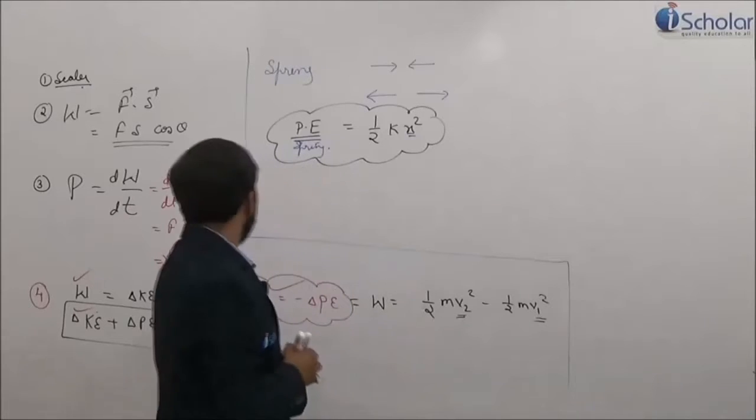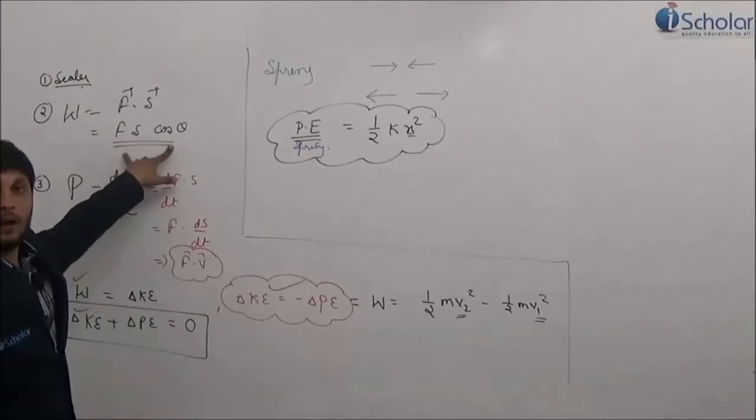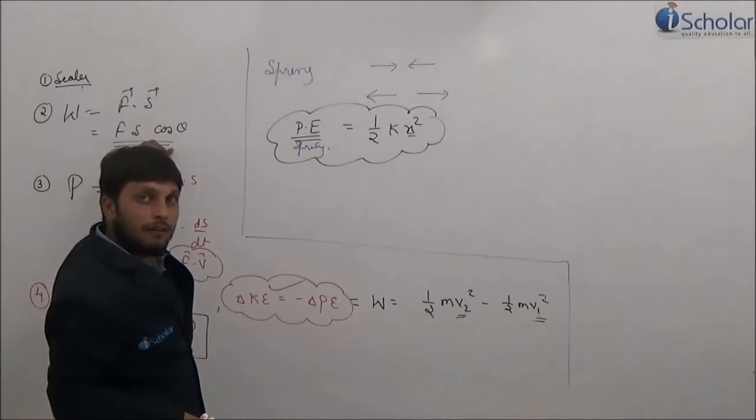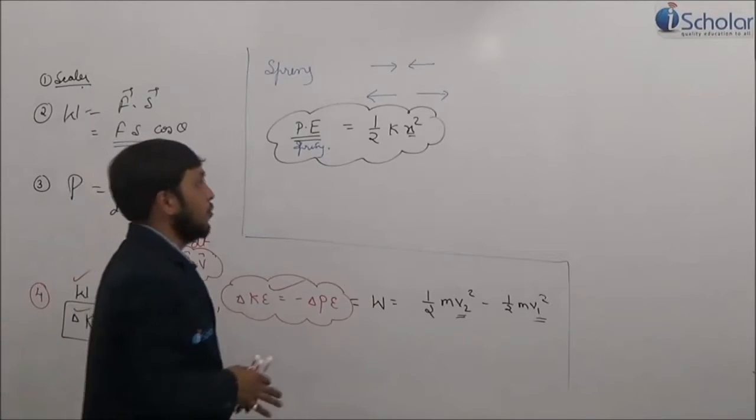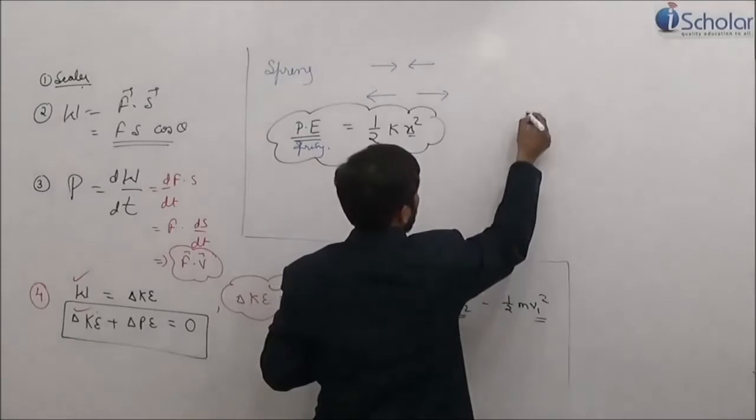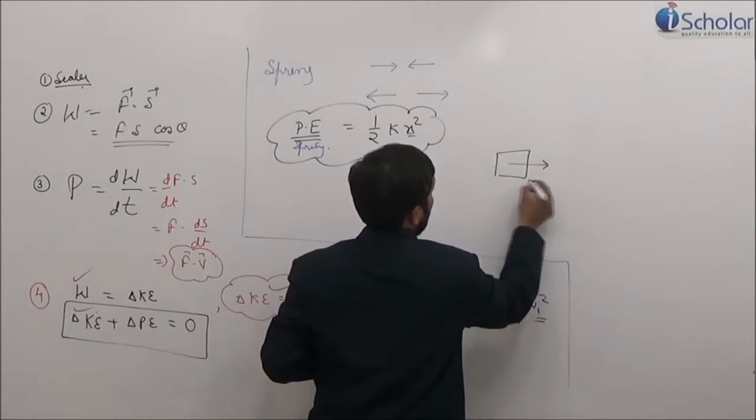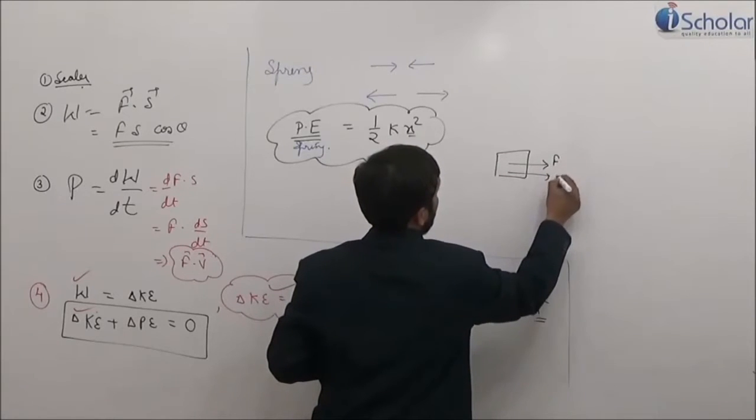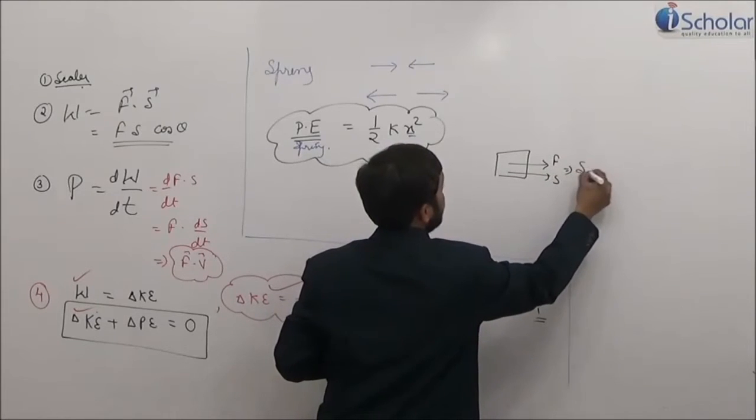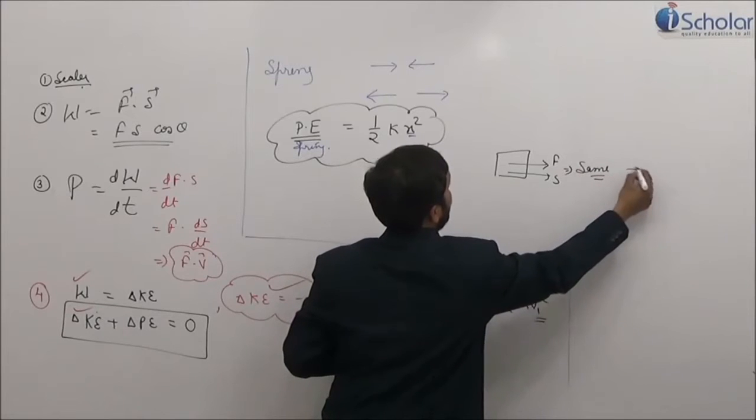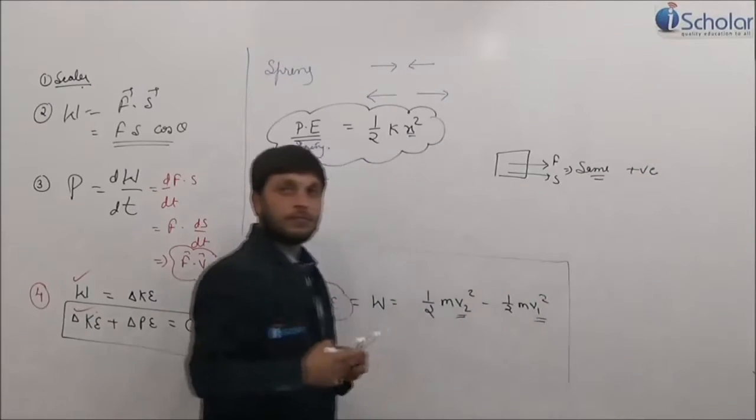Easy. Now coming back to the first line, when will I say the work is positive and when will I say the work is negative? Suppose this is a body, I applied a force and the body got displacement. Both are in the same direction, so the work will be positive. Whereas